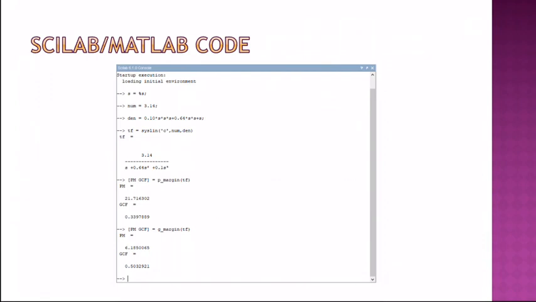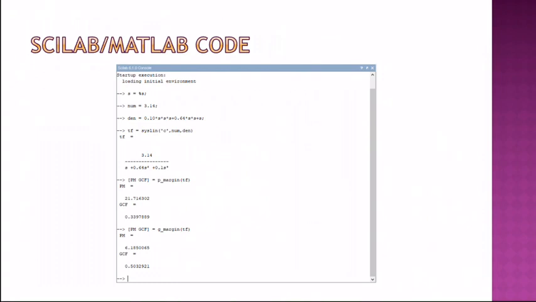Next, we use this syslin function, which we use to find the transfer function, which is 3.14 over s plus 0.64s plus 0.1s cubed.